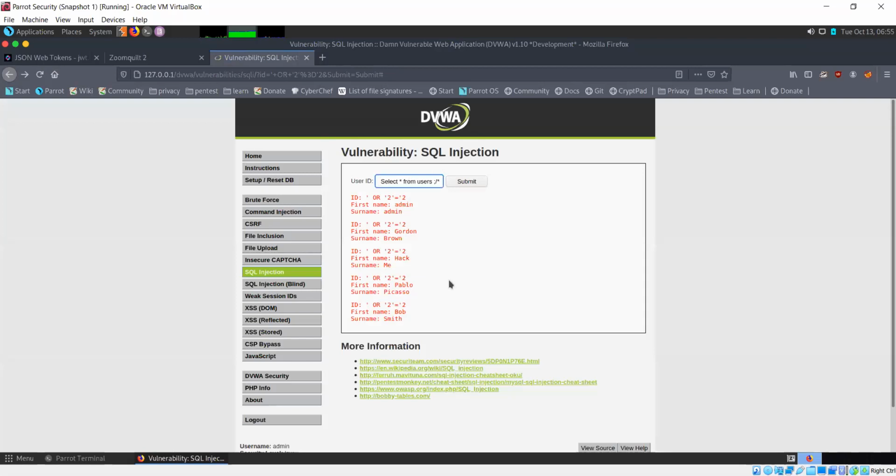Now there is a concept known as a union clause in SQL. What that does is it combines two different select statements. So let me just show you how that works first.